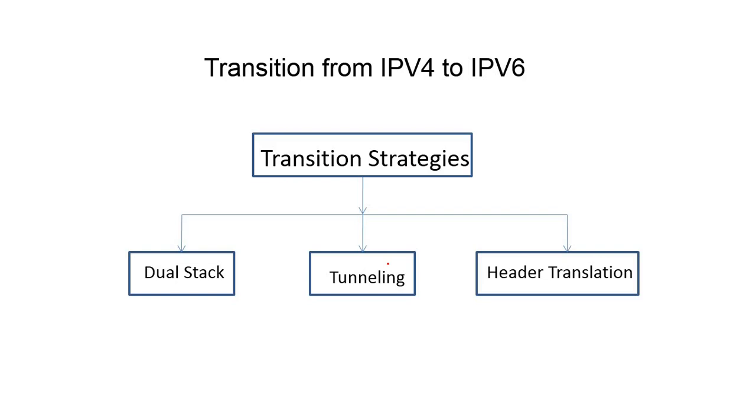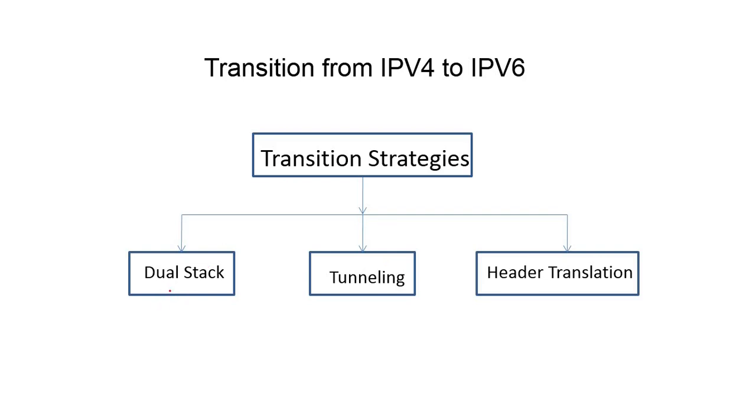Whenever we discussed the numerical examples of subnet mask and classful and classless addressing, at that time we discussed that we are getting a lot of IP addresses in IPv4. But still in future we will require more and more IP addresses. That's why we are moving towards IPv6.